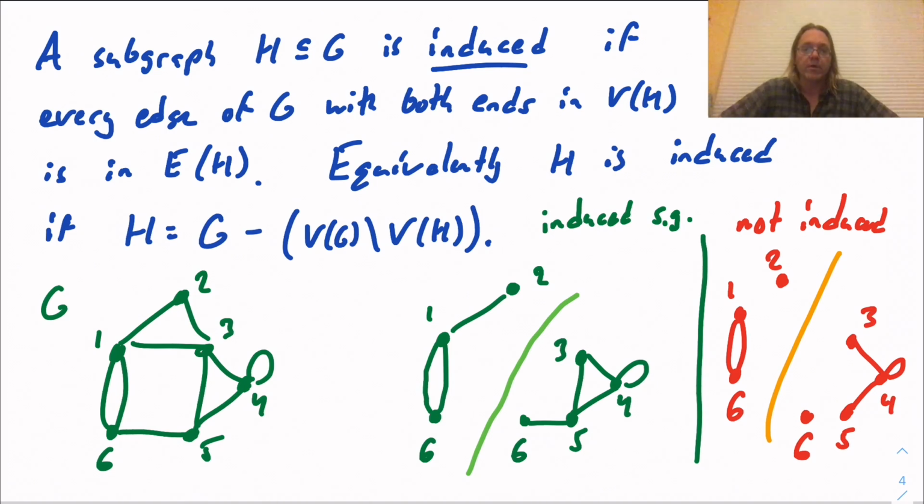So again, an induced subgraph is a subgraph where you pick some subset of vertices that you want in your subgraph and you just take all possible edges there, or equivalently just delete some vertices that you don't want. Okay, so that's the concept of an induced subgraph. Now with that in hand, I want to return to our